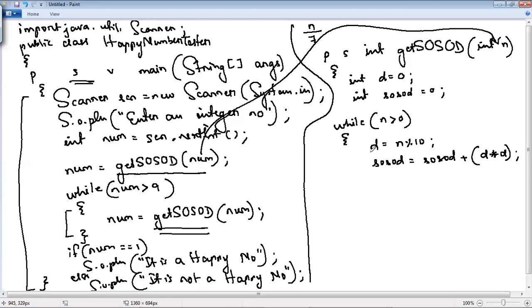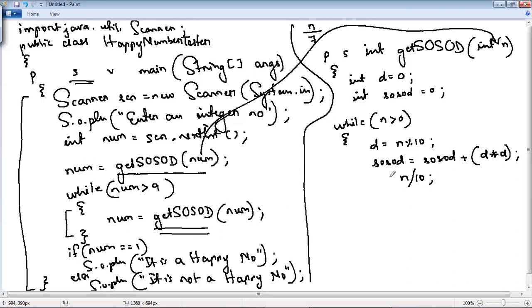Now, when I have extracted the last digit and added the square of that digit, I need to remove that digit. And what is the formula to remove? N divided by 10. Whenever we perform modulus 10, it means we require the last digit. Whenever we divide an integer number by 10, it means we want to remove the last digit.